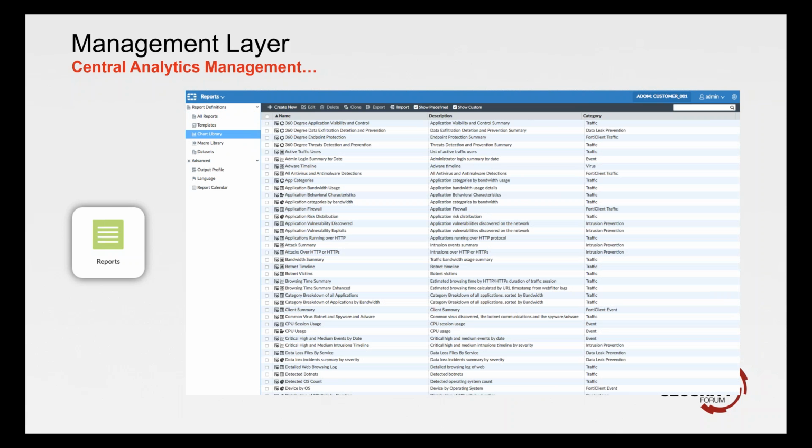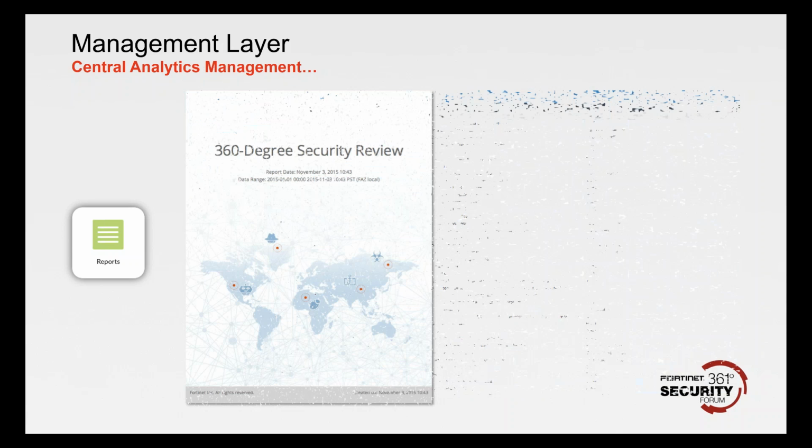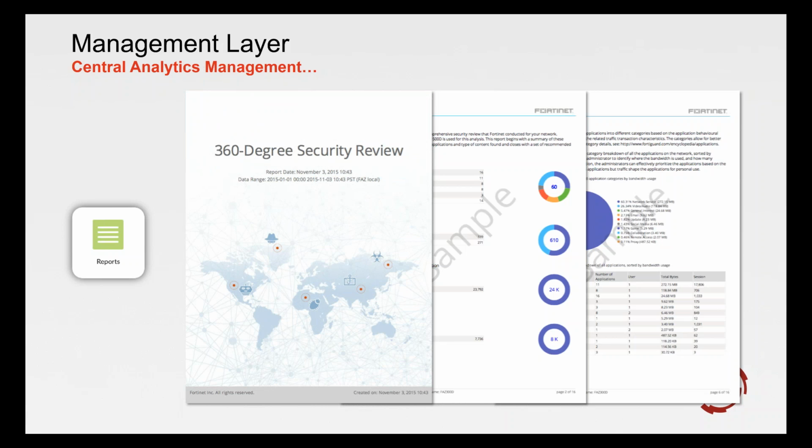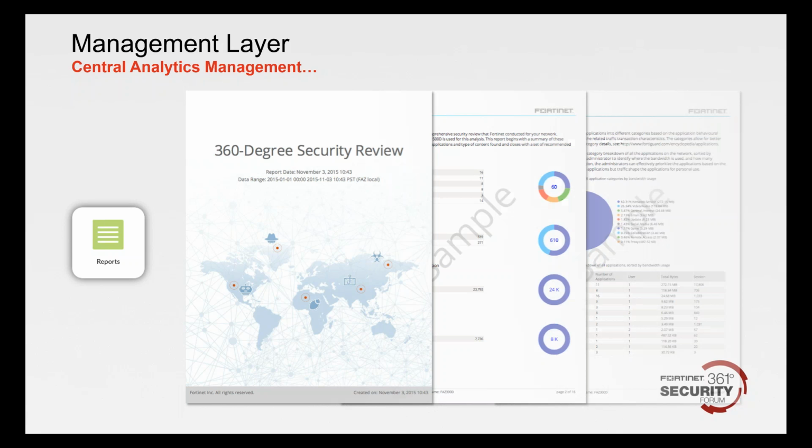There's also some standard charts, so you can go and click on and set up some standard charts that can be produced, and those can also be dropped into those reports as well as part of what you're delivering. And as I said, what it means is it comes the end of a month, you can send out a report to your customer. Mr. Customer, here's a report that we generated of everything that went through your FortiGate unit during the month.